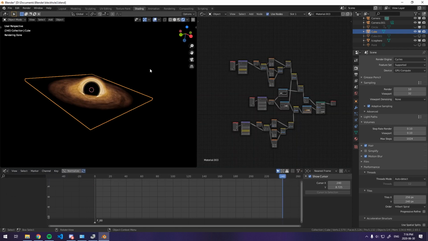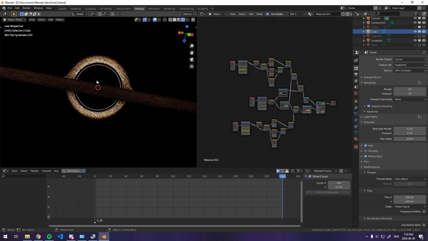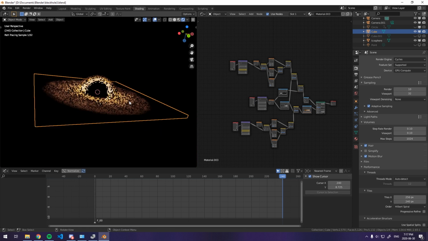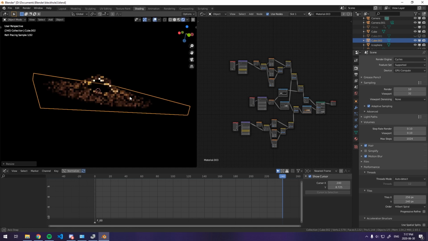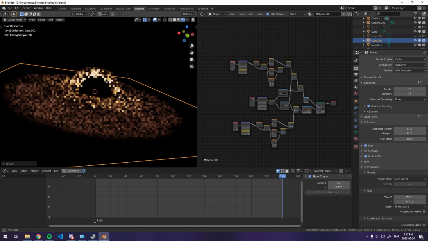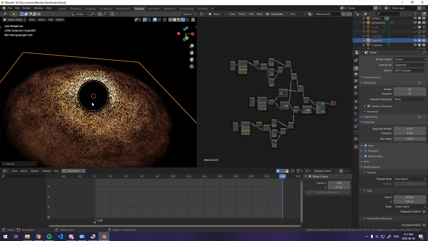So for step 2, we're going to try and make the accretion disk a bit thicker and be more volumetric, so it looks like actual dust particles. So what I'm going to do is duplicate this disk, Shift D, and then scale it on the Z axis, make it 3 times as big so we get a nice thick accretion disk. Right now we can see both, so I'm gonna hide the original one. And from here,